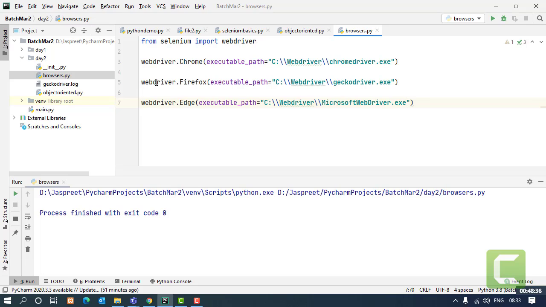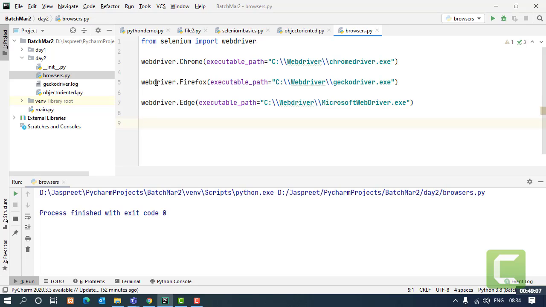So what you have to do is rename that driver to Microsoft WebDriver, with capital M in Microsoft, capital W in Web, and capital D in Driver. You have to rename it in that form. There is a reason for that. I'll tell you once we remove these paths from these commands. Right.